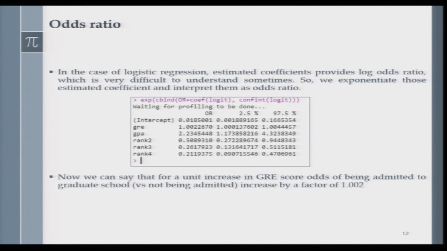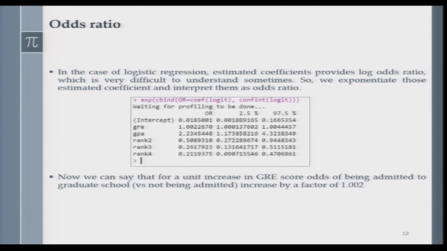So this is the way empirical researchers generally discuss the interpretation of the coefficients in the context of a logistic regression model. Here I am showing you how you can get the odds ratio by exponentiating the estimated regression coefficients. The code is given, and you see for each of my variables, continuous and discrete, now I have an odds ratio. If we concentrate on, say, the first variable in the list, the GRE continuous variable, then we see the value of the odds ratio is 1.0022.